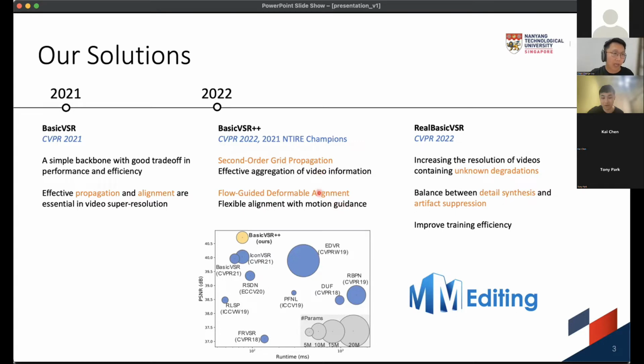So these two components helped to perform better propagation and frame alignment, which helped to achieve very good performance compared to previous methods. If you look at the graph here, our method last year achieved a very good trade-off in terms of performance compared to EDVR, which is another very popular framework that we proposed in 2019. And the latest method here, BasicVSR++, surpasses all the previous methods in terms of runtime and also